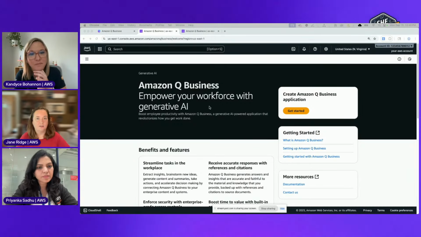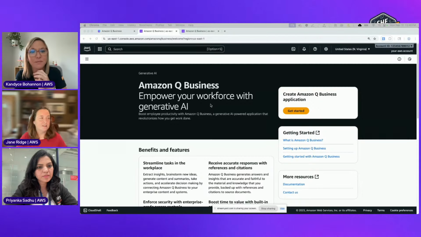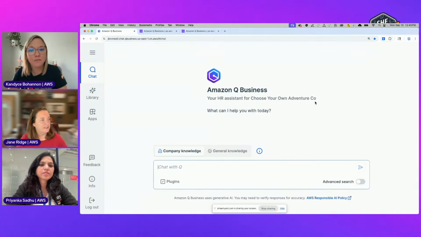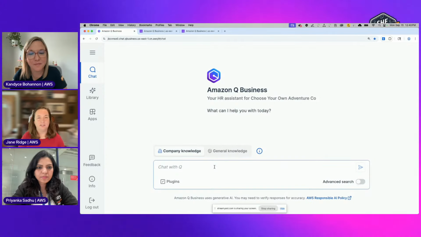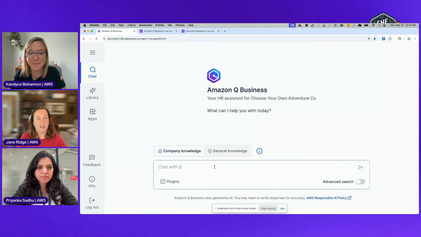So I'm going to get started with showing you actually the end result first, and we're going to work backwards from that. So when you deploy a Q for Business application, you get a web front end. So I'm going to show you my web front end. And basically now you can see I have a space to start asking questions. And so I'm going to pretend in this case that I am a new employee. And I've created basically kind of an HR knowledge base.